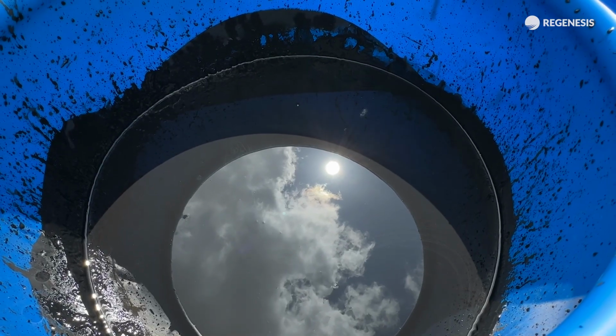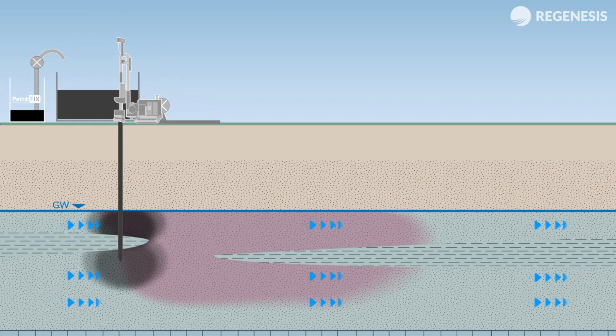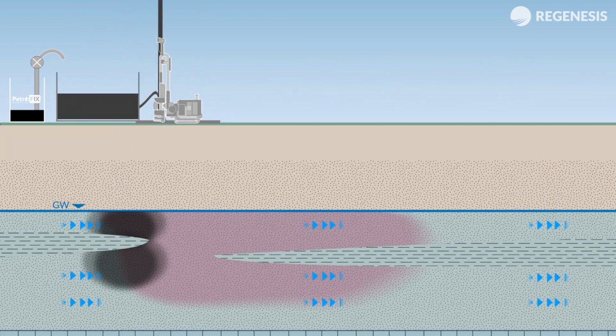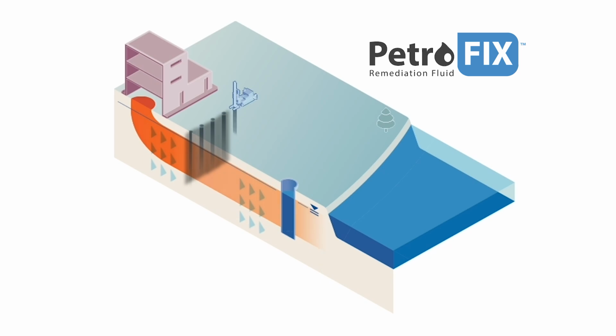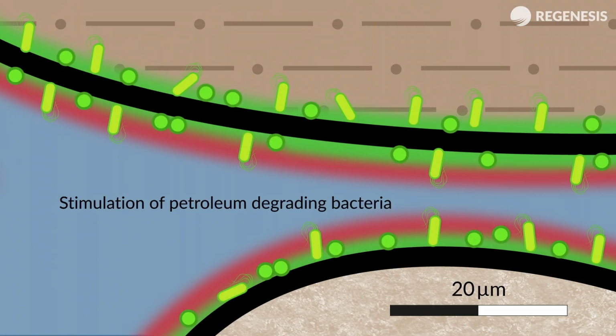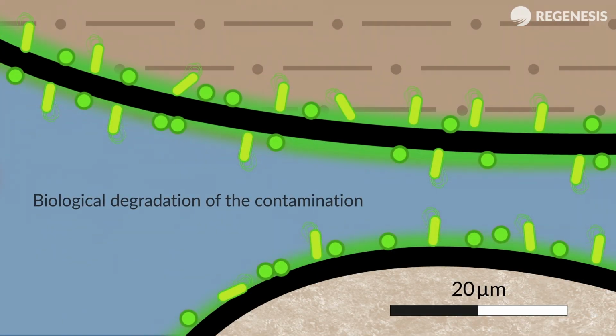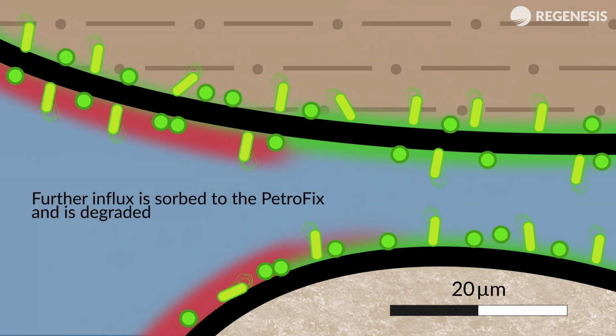PetroFix is an ink-like remediation fluid composed of tiny particles of colloidal-activated carbon. This allows it to be injected under low pressure to create a subsurface activated carbon filter that removes contamination from the water. Once absorbed, PetroFix stimulates the biological degradation of the contamination. This process is ongoing, and so only a single application is required to provide a long-term, low-cost solution for contaminant